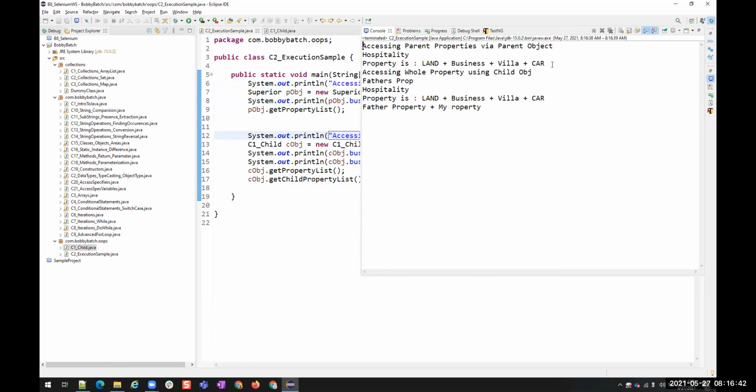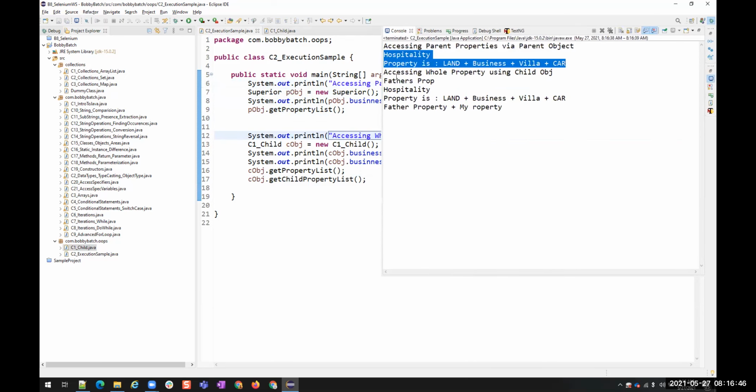When I'm accessing the parent, I was able to access hospital tables. But when I'm accessing by a child object, you are getting father's property, you are getting hospitality, and then you are getting these properties, land plus business plus villa plus car, which is a property of parent, and for child, father properties plus my own.